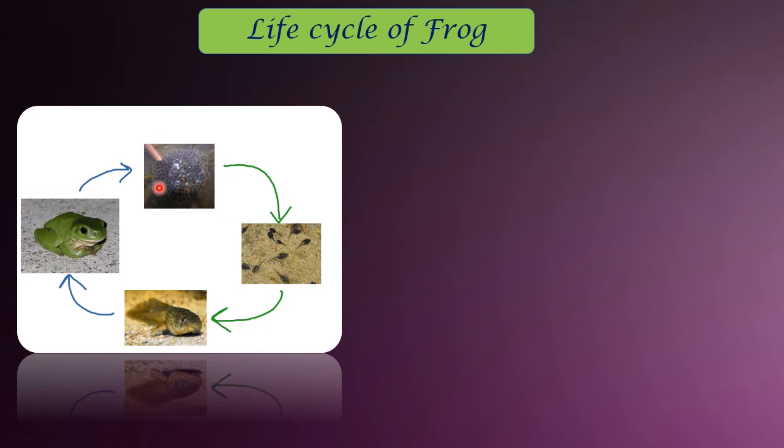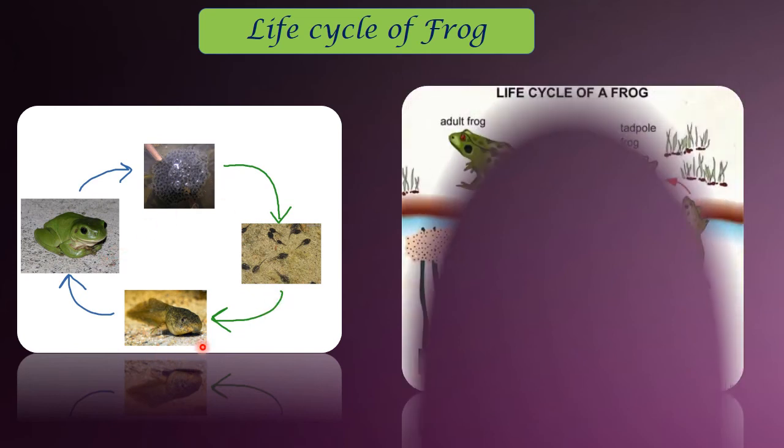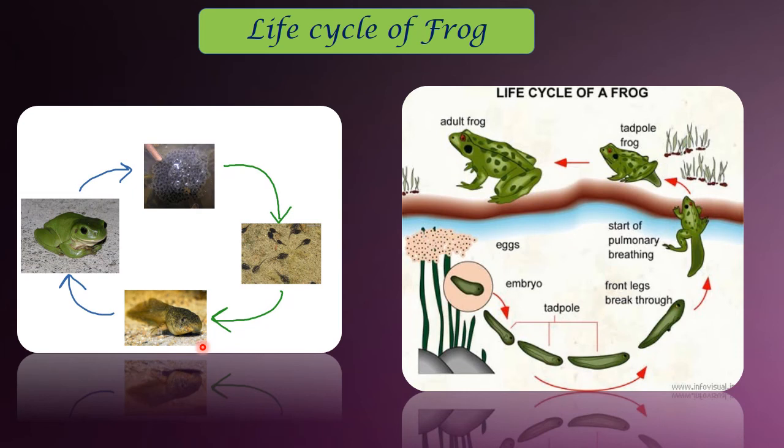It looks like this. And then the embryo which hatches out of that, we call them tadpoles. See, it looks like tiny fishes. Sometimes we also think that they are fishes, but they're not. And then it matures a little bit with the arms, and then the final stage is the frog. Simple pictures have been attached over here. Okay, and here look at this picture, how it shows the